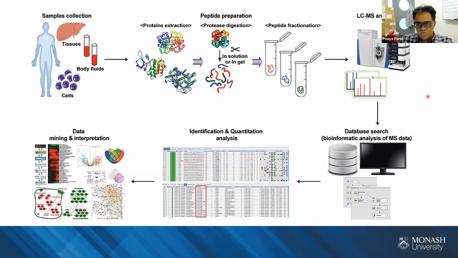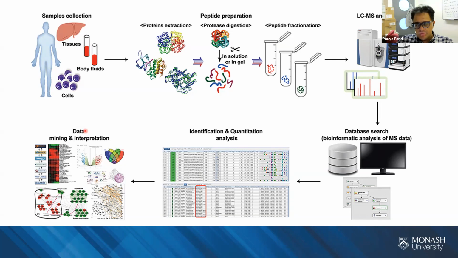So this is the heart of proteomics studies. And then when we get some signals or ions, some spectra from the peptides that we sent through this machine, we have different bioinformatics workflows to find what these signals or spectra mean. So we translate spectra to peptides that we have in the proteome. We usually have a template for all of this proteome. And then we do identification and quantification for these proteins. After we know what's changing at the proteome level, we can do lots of data mining and understand what different pathways are going up or down.